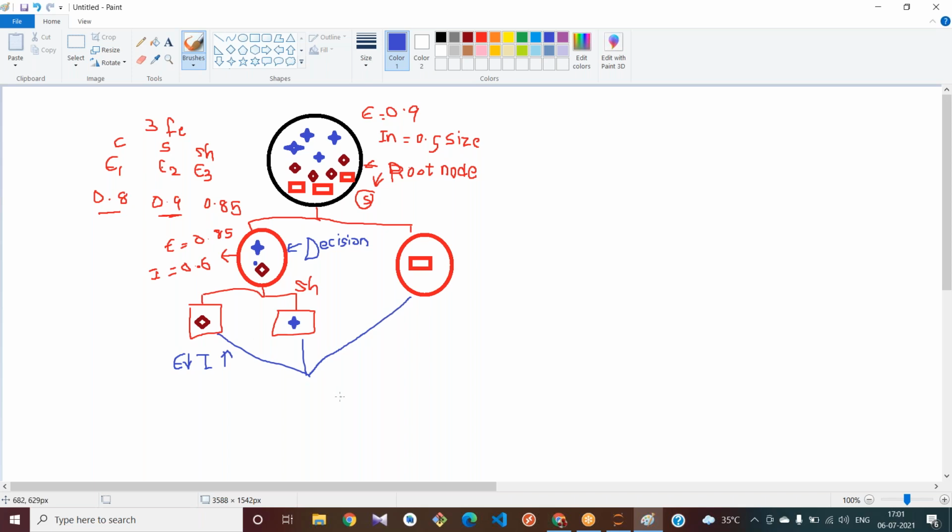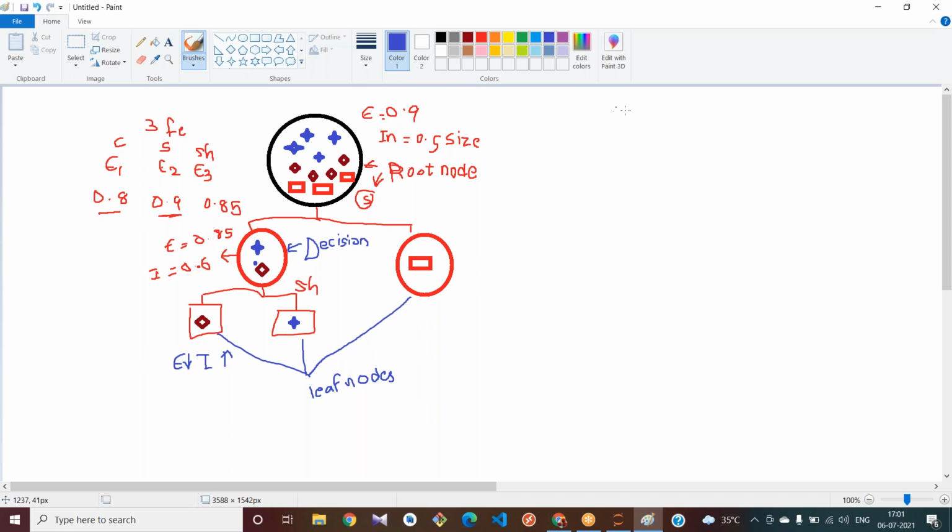These are called leaf nodes. In this way, based upon the entropy value, your algorithm tries to split your data and classify the given data set.